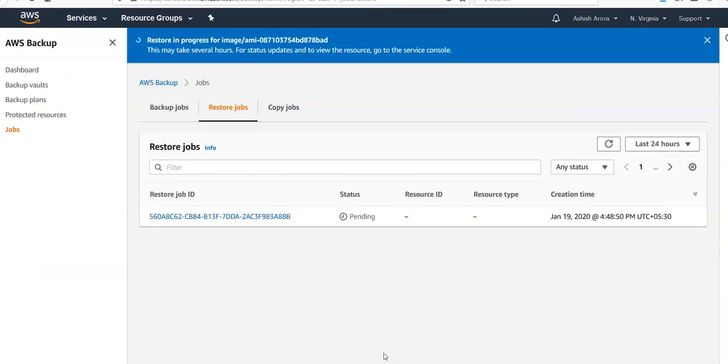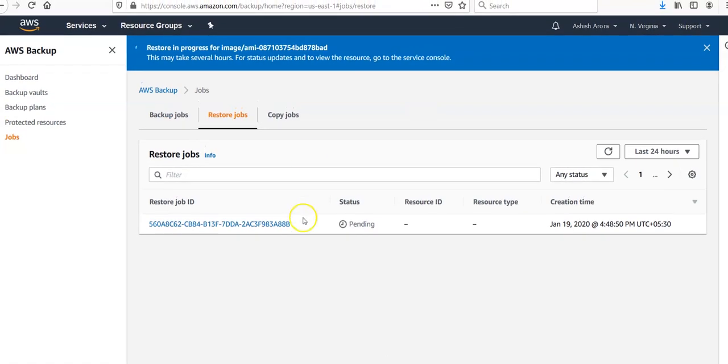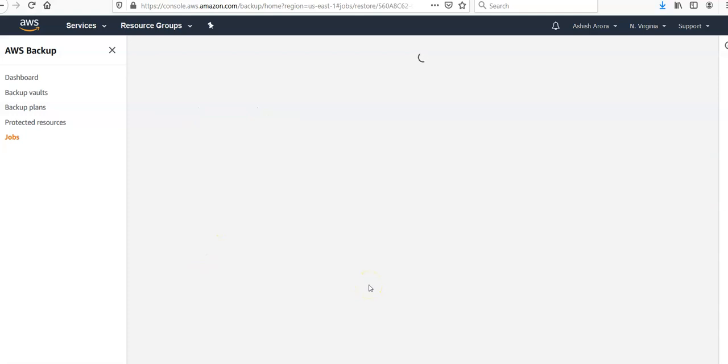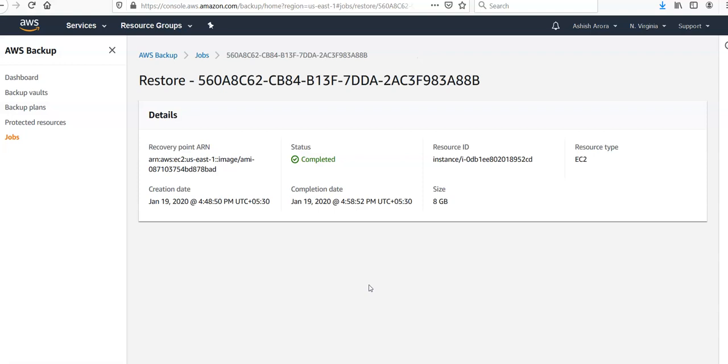As we saw a job of backup, now we'll see the job of restore here. When this restore is completed, you will see a running AWS EC2 instance after the restoration. Let me pause and wait for it to come up. Okay, now you see that the restore job is completed. If you click on this restore job ID, it takes time. It took around 10 to 15 minutes, actually more than that, to complete it. So here was the recovery point,